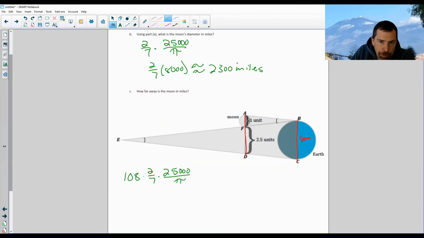So really what we're doing is we're taking this 2,300 now and multiplying it by 108. So if I just go here and say times 108 equals 246,857. So that's approximately 247,000 miles